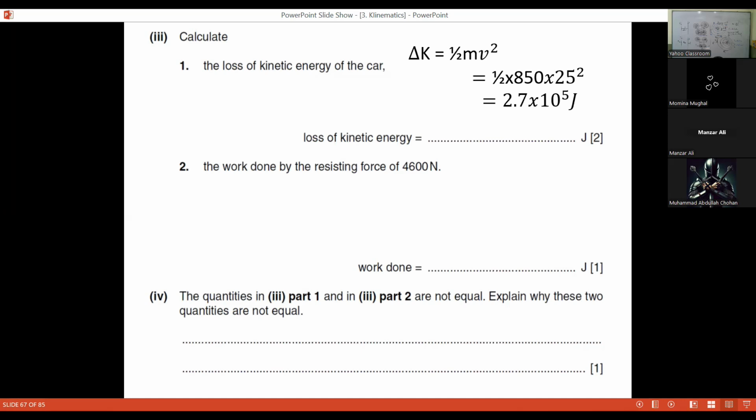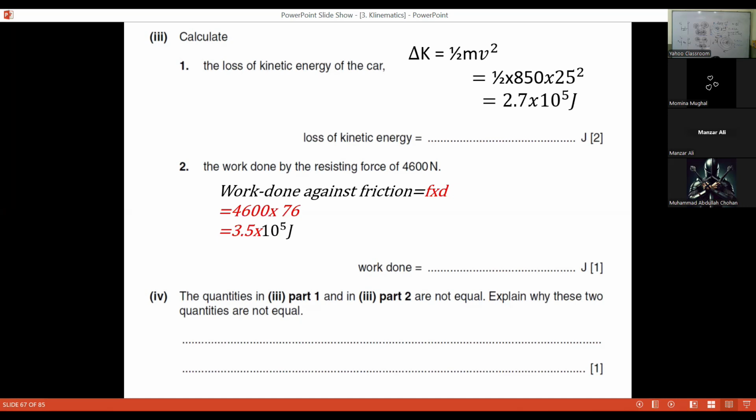Work done against resistive force is F into d. Force was 4600, into 76 was the distance. And this is your value for work done against resistive force. According to the law of conservation of energy, loss in kinetic energy should have been equal to work done against resistive force